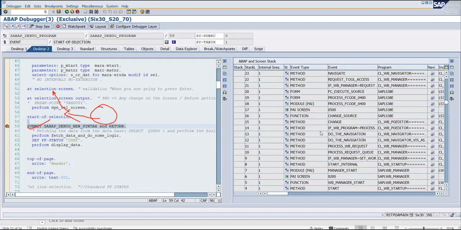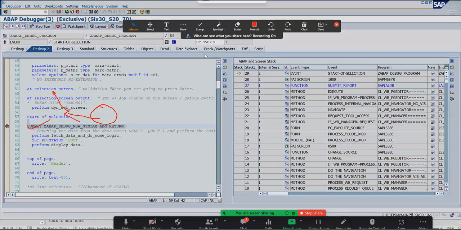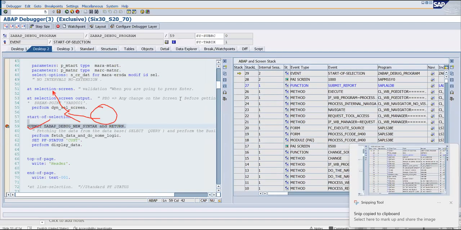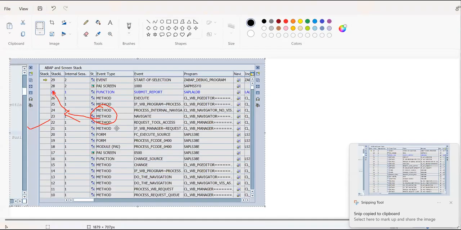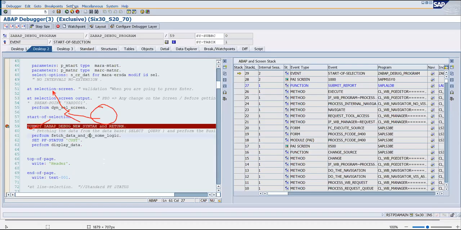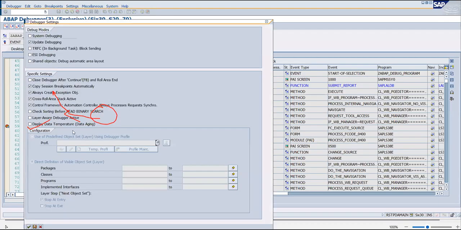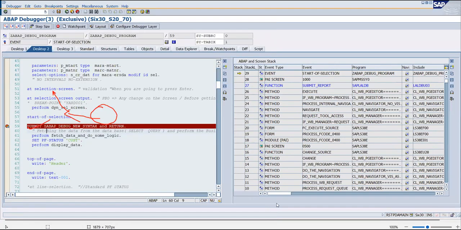what you can do is, see here, I'm just taking the screenshot and I will put it into Paint. So what you can do, go here and remove that check. Okay, remove this check, cross role area stack active, just remove it, and click on the save button. Okay, and now let me just remove this annotation. Yeah, it got removed. Once again you restart. Okay,